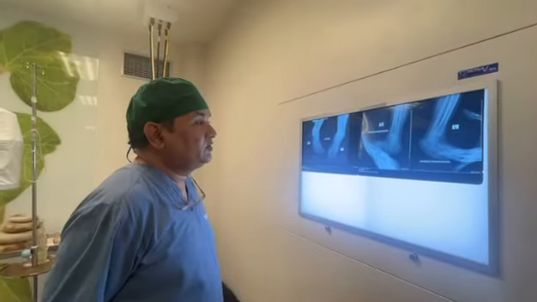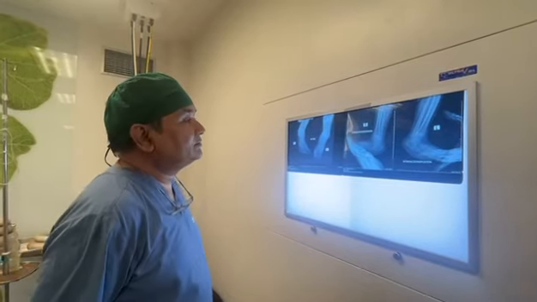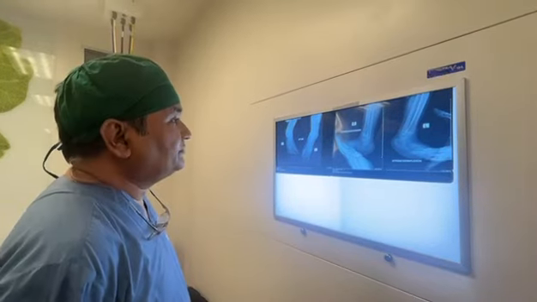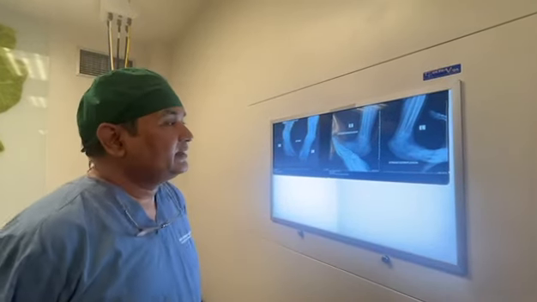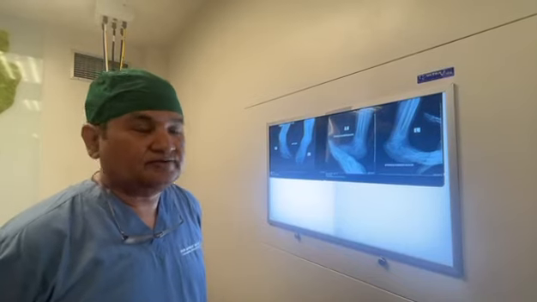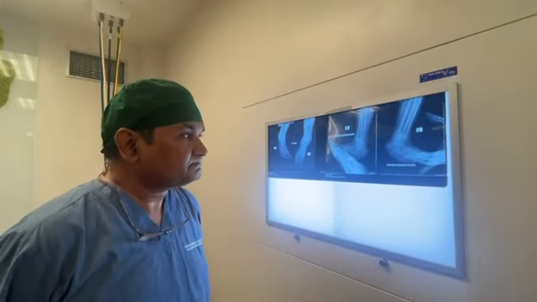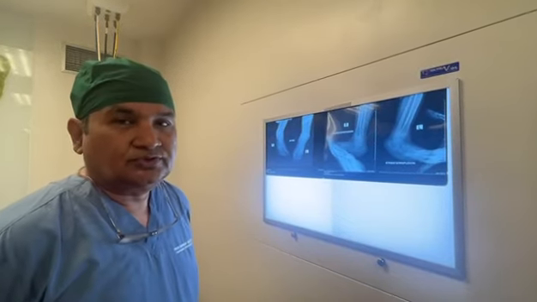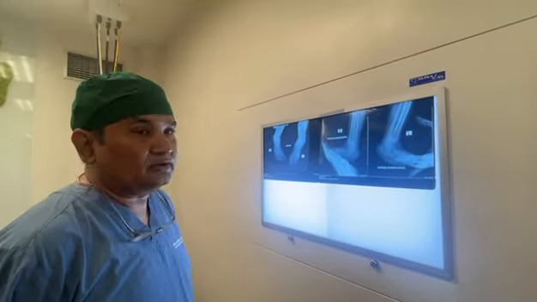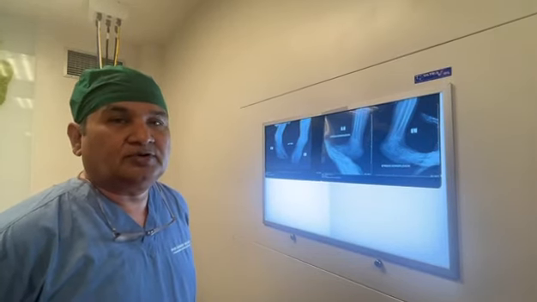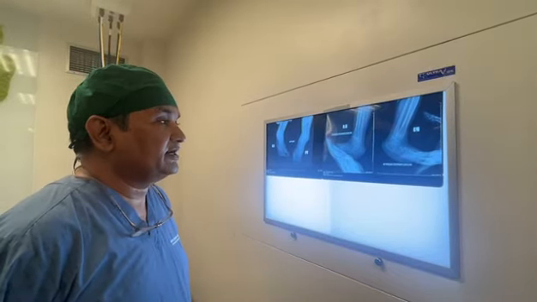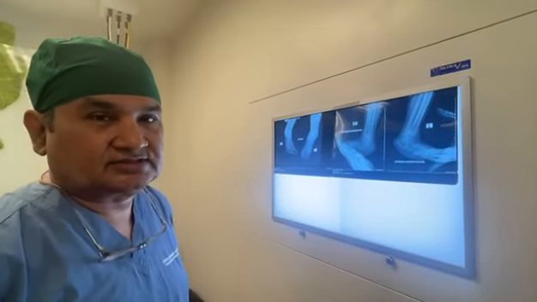So it is a cluster, so it needs release, and we'll be releasing all those long tendons like tendo Achilles, flexor hallucis, flexor digitorum, and tibialis posterior. And we'll do capsular release of the talonavicular joint and the ankle joint, maybe some other joints too. As there is talocalcaneal coalition, we are not going to do any osteotomy or anything, at least for now. Maybe we'll be needing something later. So we will try to correct as much as possible with all the soft tissue releases.